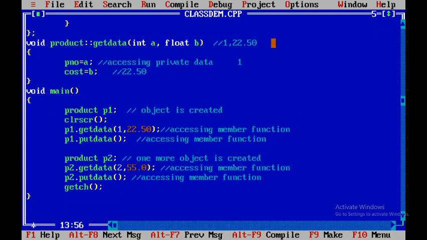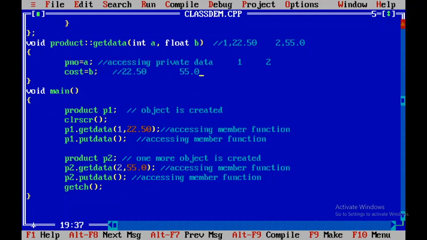So when the getData method gets called, the values are 2 and 55.0. That means the value of A, the value of PNO, will be 2 and the value of cost will be 55.0. So these are the values of product number PNO and cost of second product P2. After that we have called P2.putData.